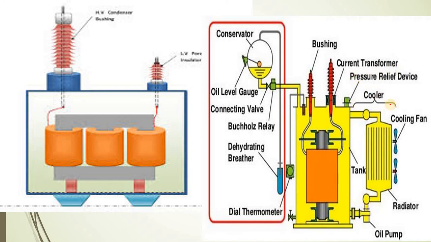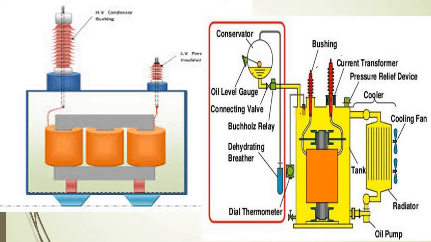Okay. Then next in this figure there are some internal parts shown here. Okay. So this is the bushing here. Then this is the current transformer. This is the pressure release valve. Then this is a cooler here. So the radiator tank is there. Cooling fans are located over there. This is the main tank of the transformer. Here is the transformer core, and over that the coil is there. Okay, and this is the secondary side.